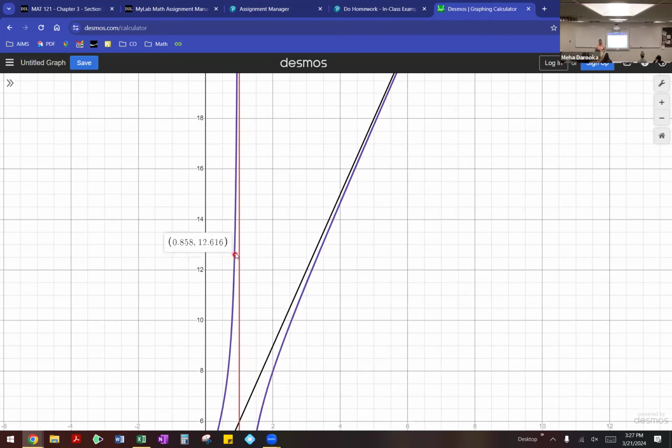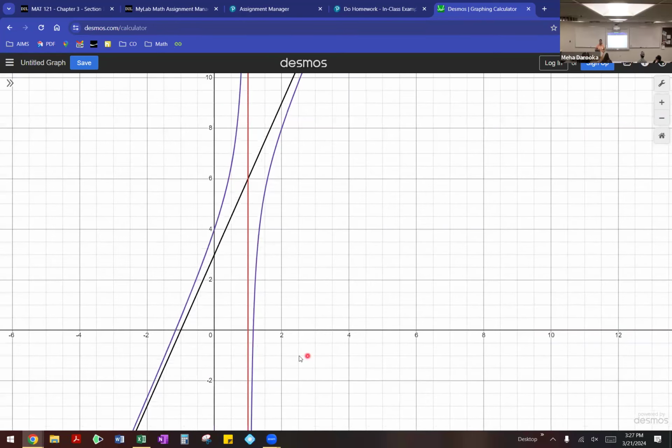So as your x value starts getting closer and closer to 1, your y value will start heading towards infinity. On the other side, the same thing is happening. Your x value will be getting closer and closer to 1, but your y value will start going towards